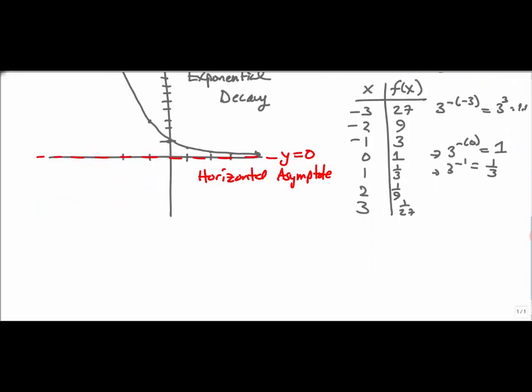A couple other things about exponential functions. Let's talk about the domain and the range. The domain is all real numbers. There's no restriction for what I can plug in. Now the range is interesting. I never touch the x-axis. Now remember, range is vertical, and I never touch the x-axis, so I have to have a parenthesis, not a bracket, and then this cruises off toward positive infinity. So this is the domain and the range